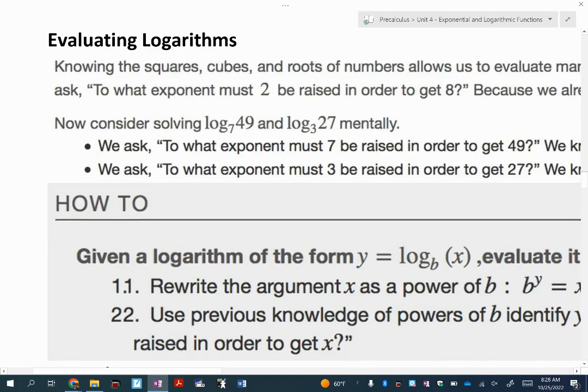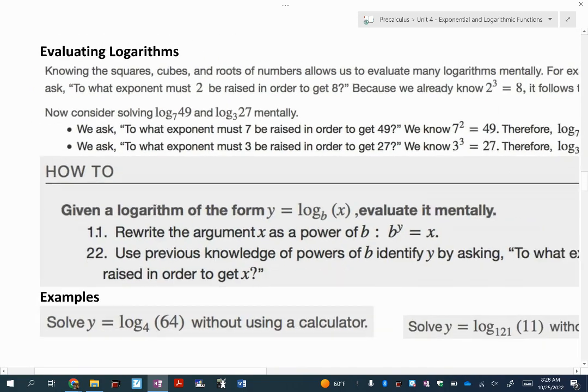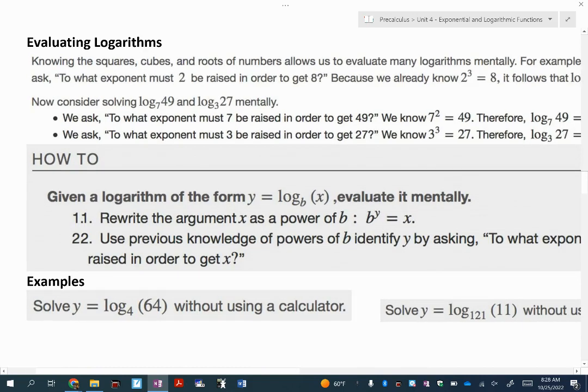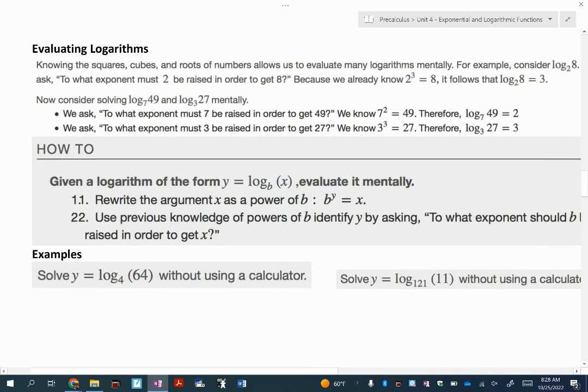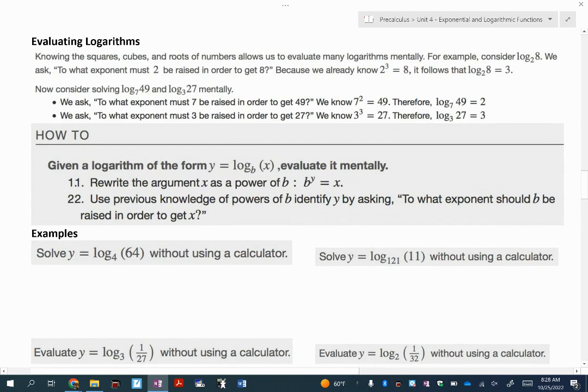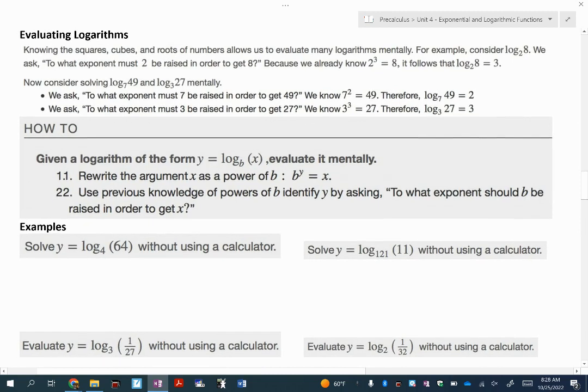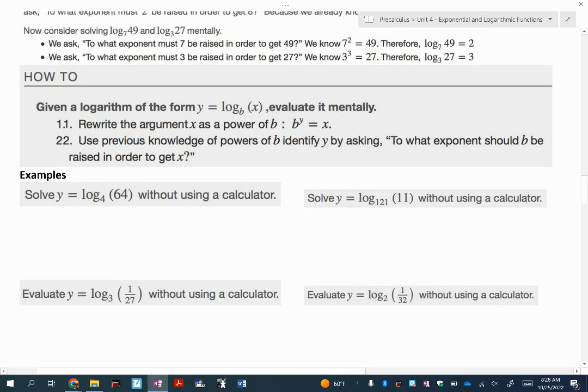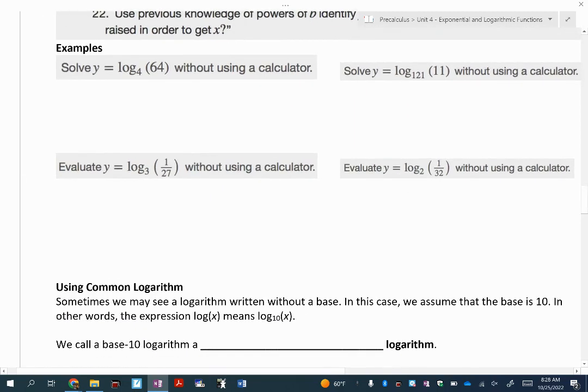All right, so evaluating logarithms mentally. I'm going to obviously give you an opportunity to use Desmos to help you, but a lot of these you can do, especially the simple ones. A lot of these you'll be able to do mentally with your understanding of powers and exponents that you've been working with for your high school career. So let's do some without the calculator. Then as we move forward and get into it, we'll bring in the calculator. You can always use the calculator to check, but I just think it'll slow you down. I think you can actually do these